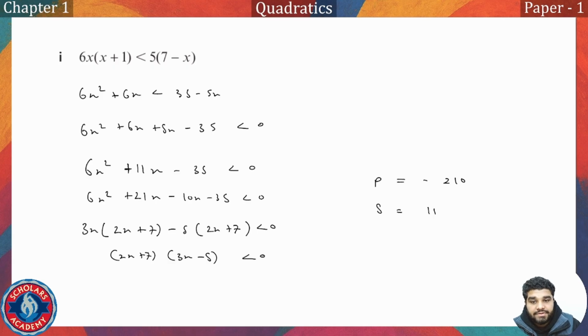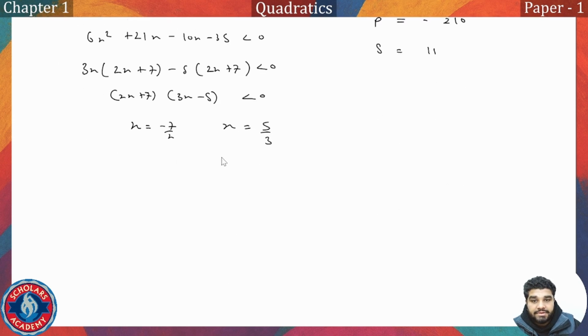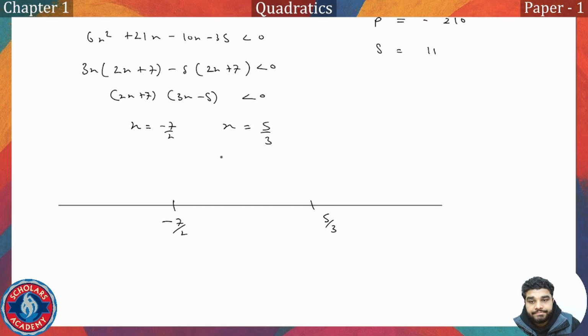So the zeros of this quadratic equation are when x is equal to -7 by 2 and when x is equal to 5 by 3. So these two zeros split this real line into three parts, -7 by 2 and 5 by 3. So if we check this interval, we want its value to be less than 0. So let's take one value, which is negative of 4. So if we substitute it, what we get is